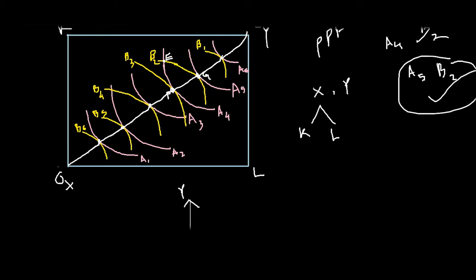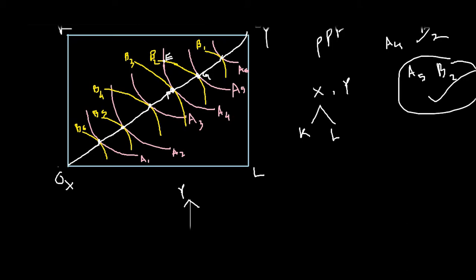Clear? But if you see, the isoquant of Y is B5. B5 represents a very high level of isoquant for product Y. If you compare it with B1, B2, B3 or B4, you see B5 is greater than all of these isoquants. That means it is representing a higher level of output than B2, B3, B4. It must be greater than these particular levels of output of Y.